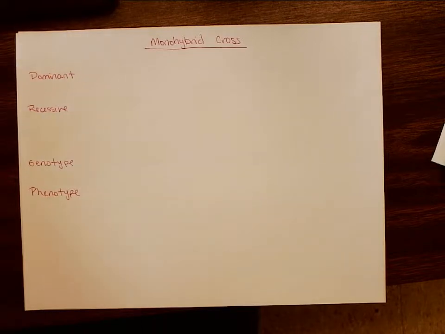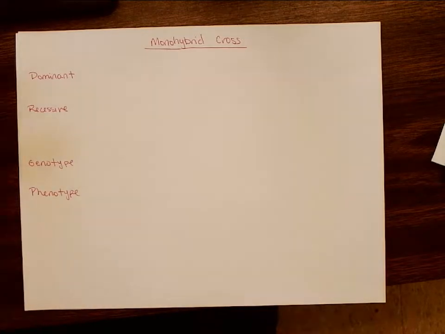Hey guys, what we're going to take a look at in this video is what we talked about in class today, a monohybrid cross, and using Punnett squares to predict what the offspring's genotype and phenotype are going to be if we know what the parents are. When we're doing this, I said we have a couple of vocab terms that we're going to need to know